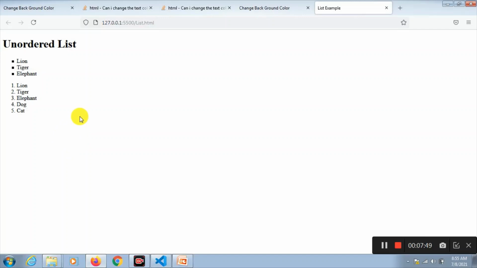There you are. Here you can see it's coming up by number 1, 2, 3, 4, 5. But here there is no numbering. So this is called unordered list and this is called ordered list.